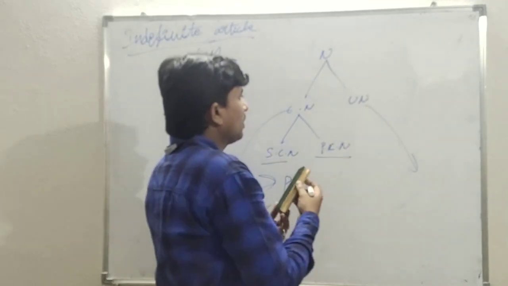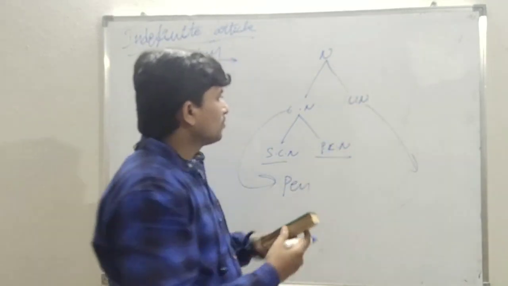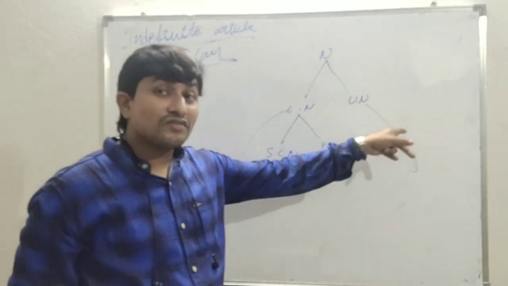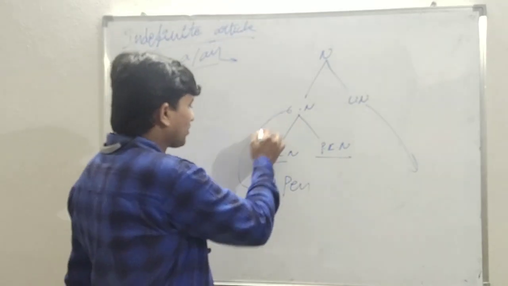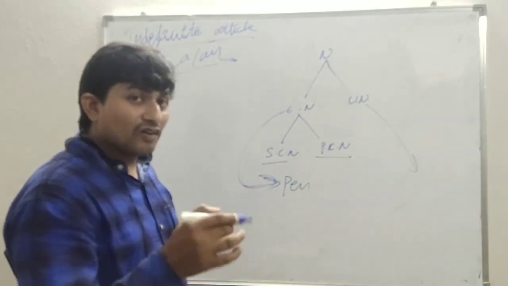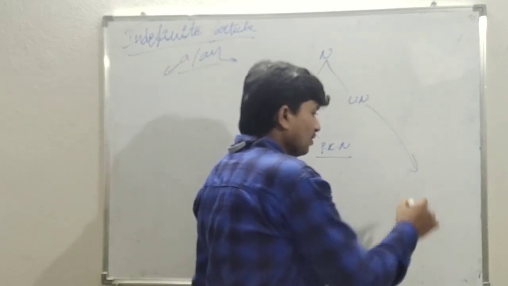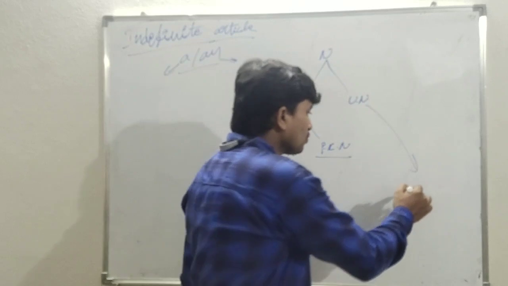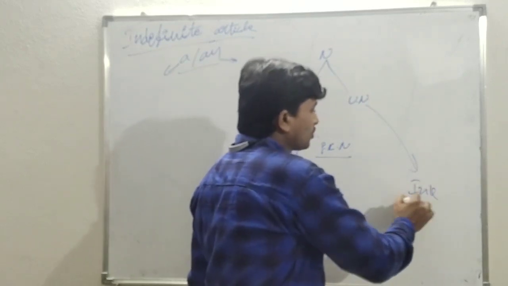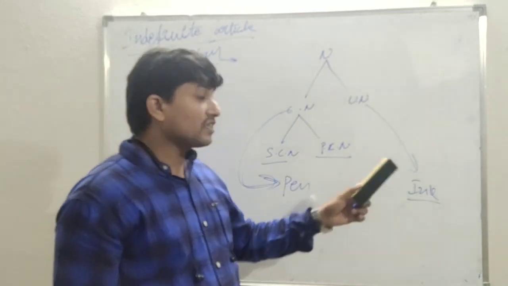What is an uncountable noun? What we are unable to count is called an uncountable noun. See here, for a countable noun I have given the example pen. For an uncountable noun, from the pen we are using ink. We are filling a refill in order to write. So what are we filling? Ink. So ink is uncountable because we are unable to count it. Okay. So pen is countable, ink is uncountable.